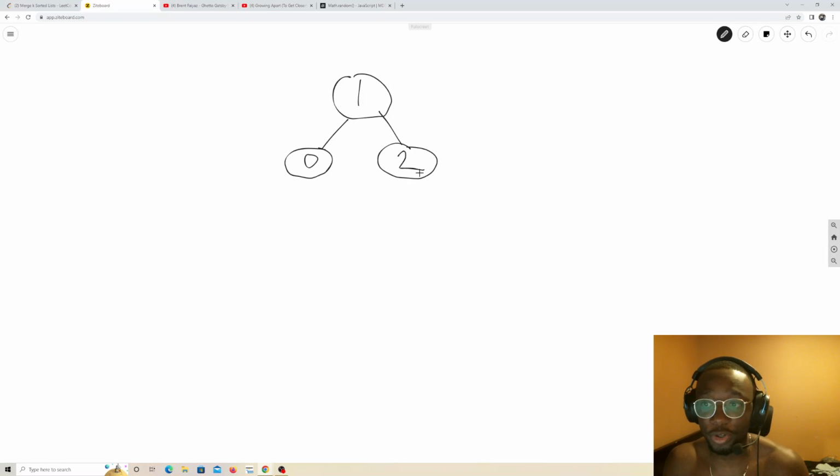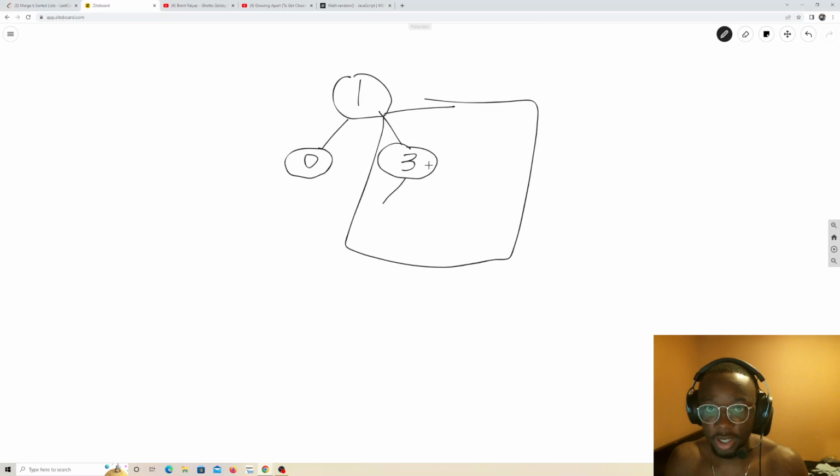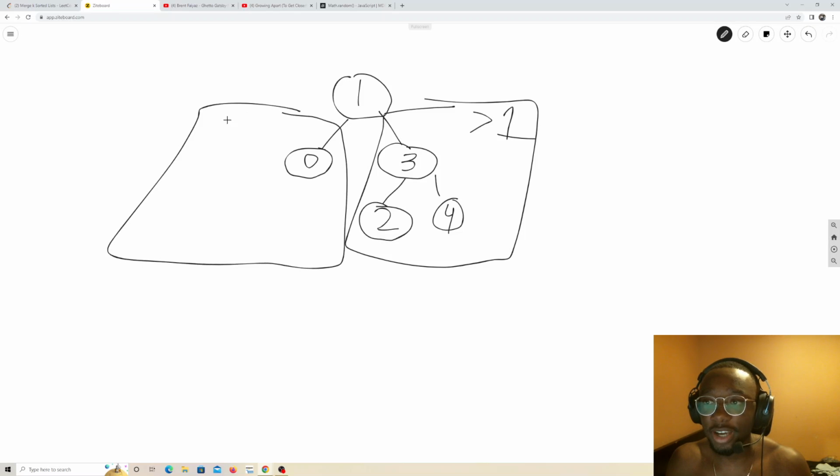This is also a recursive definition, meaning the element to the left of 3 has to be less than 3. But every element has to be greater than 1. So it has to be greater than 1, less than 3. We can have 2 here. We can have 4 here. But everything here needs to be greater than 1. And everything here needs to be